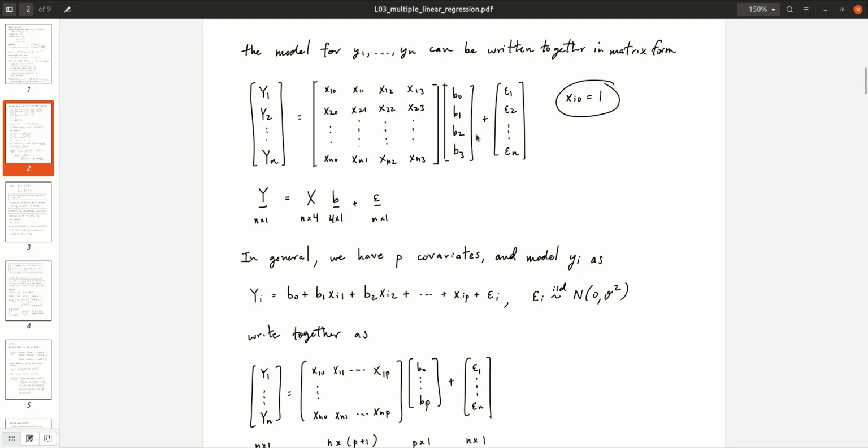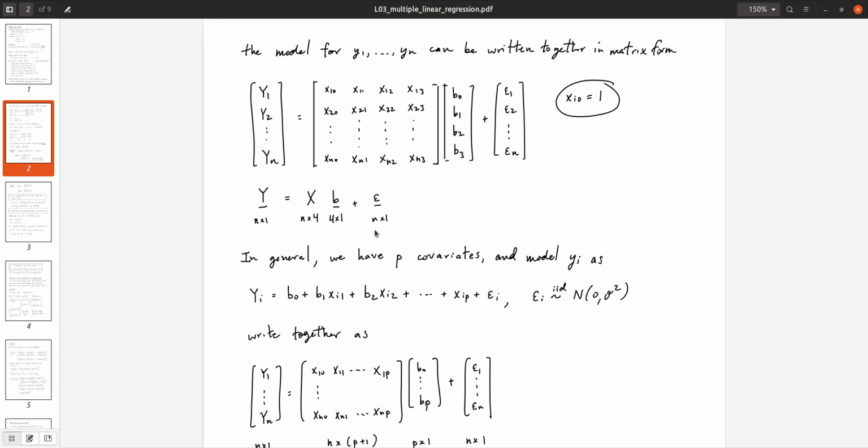And then to that we add the normal random variables, epsilon 1, epsilon 2, up to epsilon n. So what we get is y, which is an n by 1 vector, equals matrix X, which is an n by 4 matrix, matrix multiplied by vector B, which is a 4 by 1 vector, plus epsilon, which is an